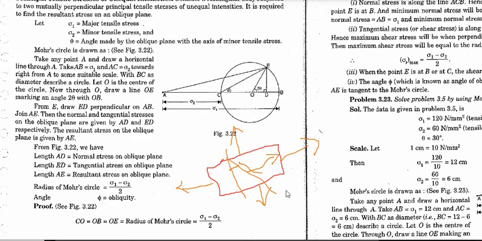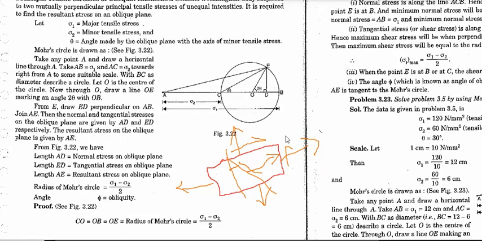And the third case that we have seen was when only shear forces were acting on this plane. So when this happens, the normal stress was tau sine 2 theta, and the tangential stress was minus tau cos 2 theta. And when it was a combination of normal and shear stresses, then again we had seen the normal and the shear